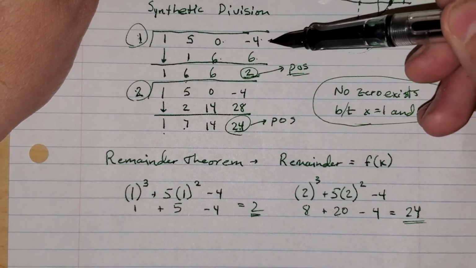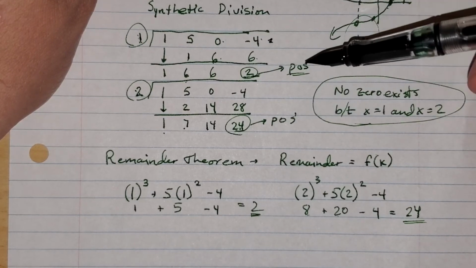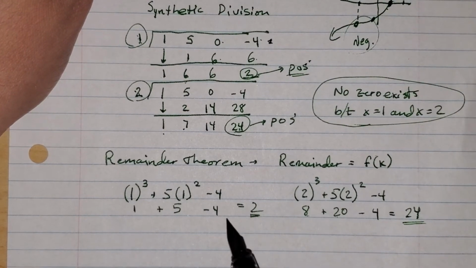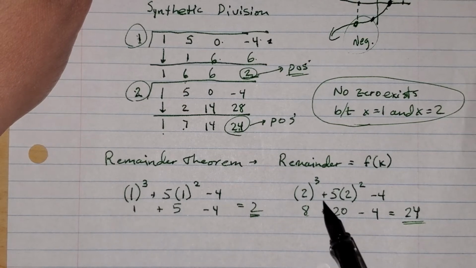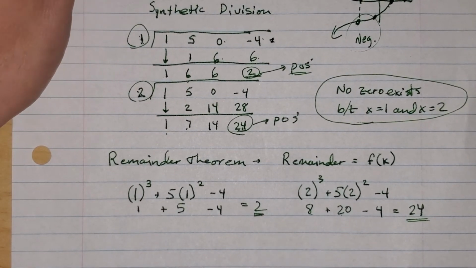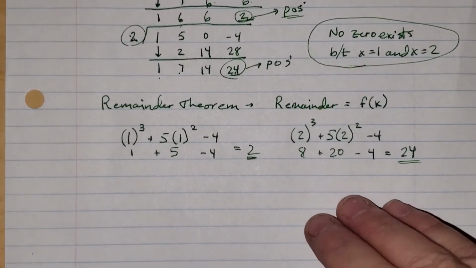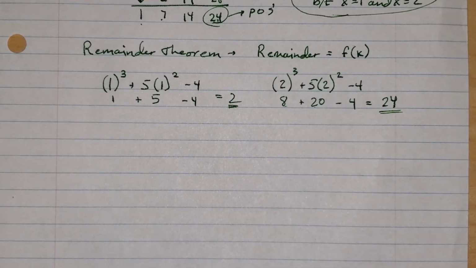So, synthetic division is one way to see if these are both positive, both negative, or opposite in sign. You can also plug the numbers in to the function, and you get the same answer. So, how can you use this as a shortcut? Well,